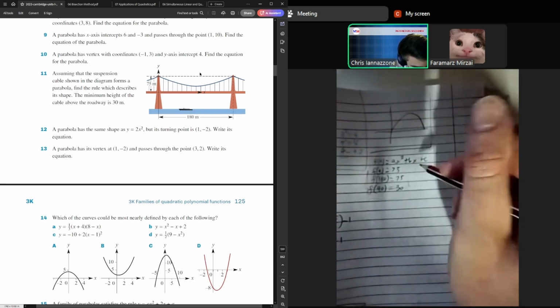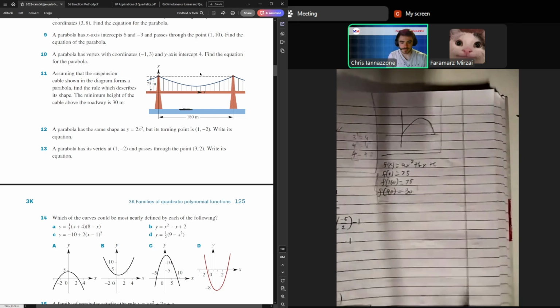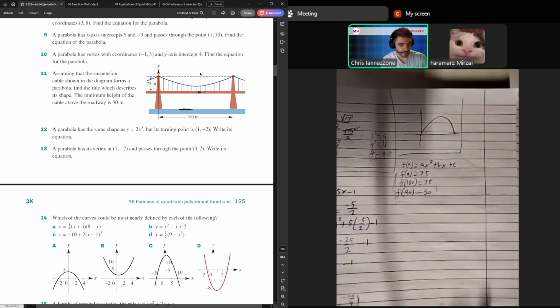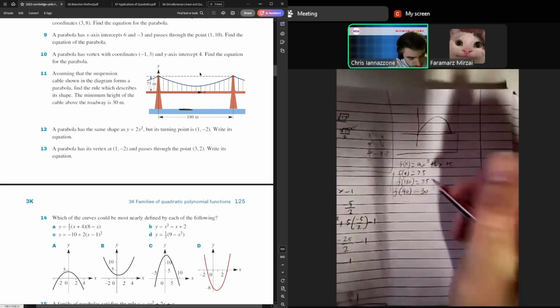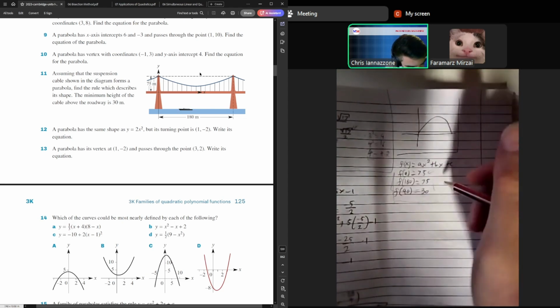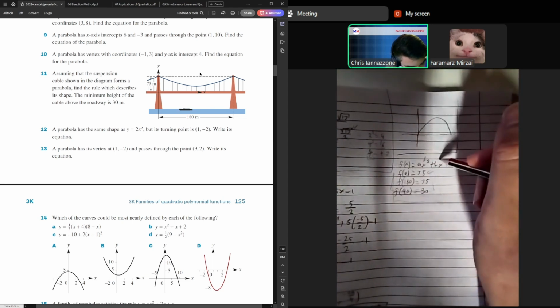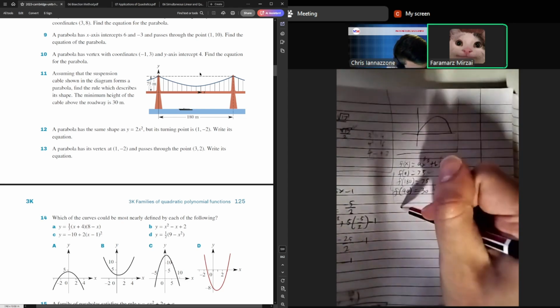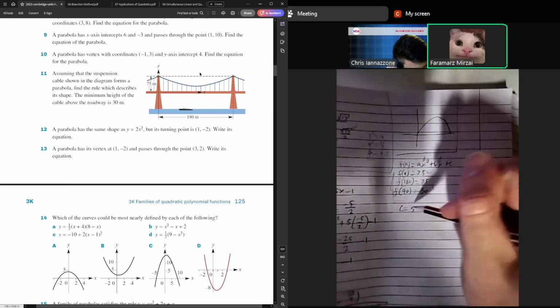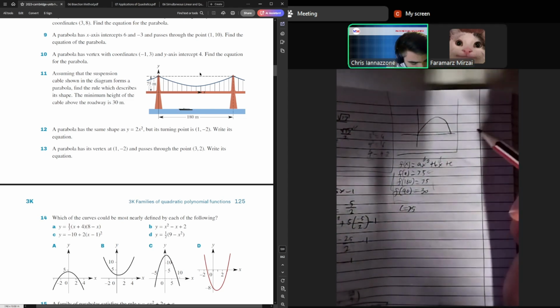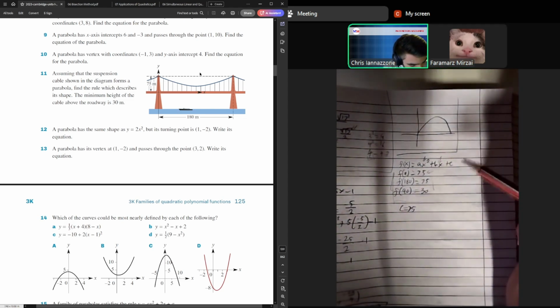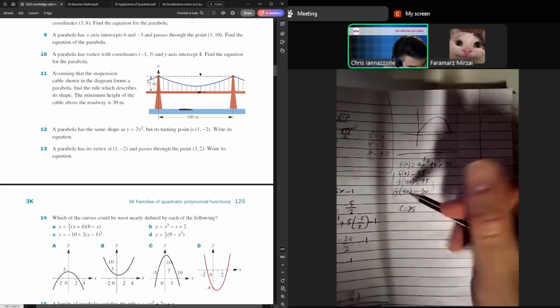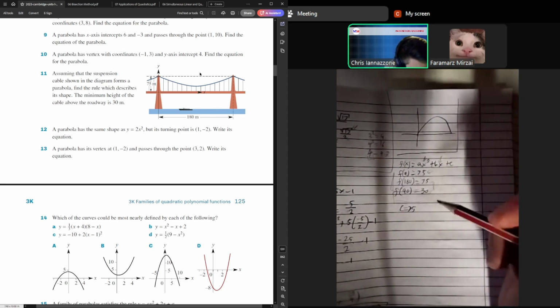This is three points, a three-way simultaneous, which we've seen how to do before. Actually, it's a little bit easier than a three-way simultaneous, because this point, f of 0 equals 75. If you sub in 0 into this spot and this spot, you just get c equals 75. So that would be the y-intercept, right? Yeah, y-intercept, correct. So it makes doing this one a lot easier because now you only, quote unquote, only have to do